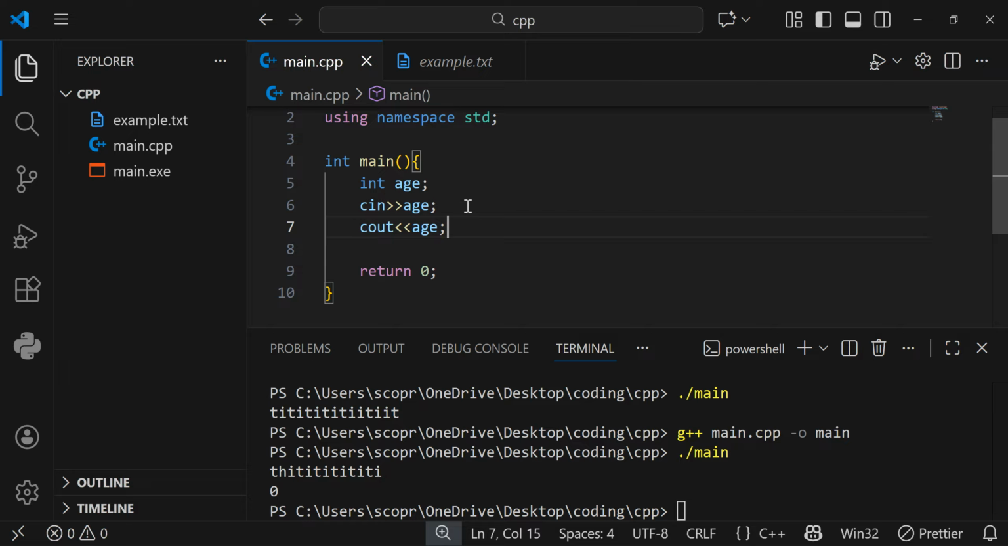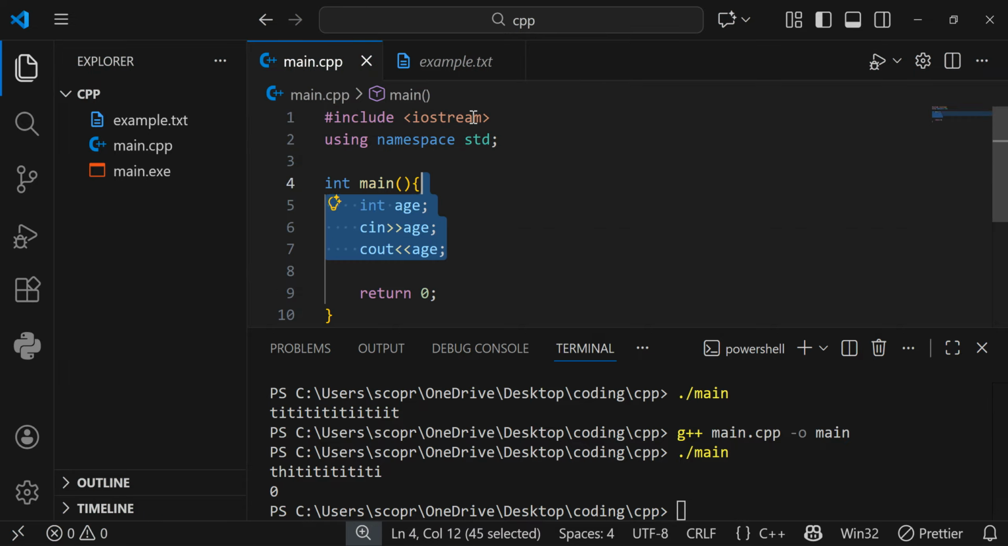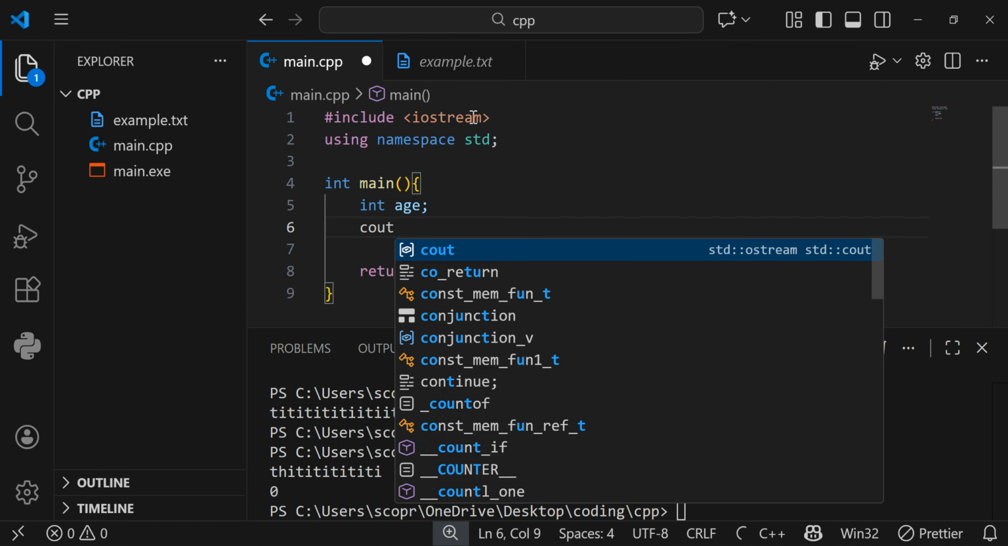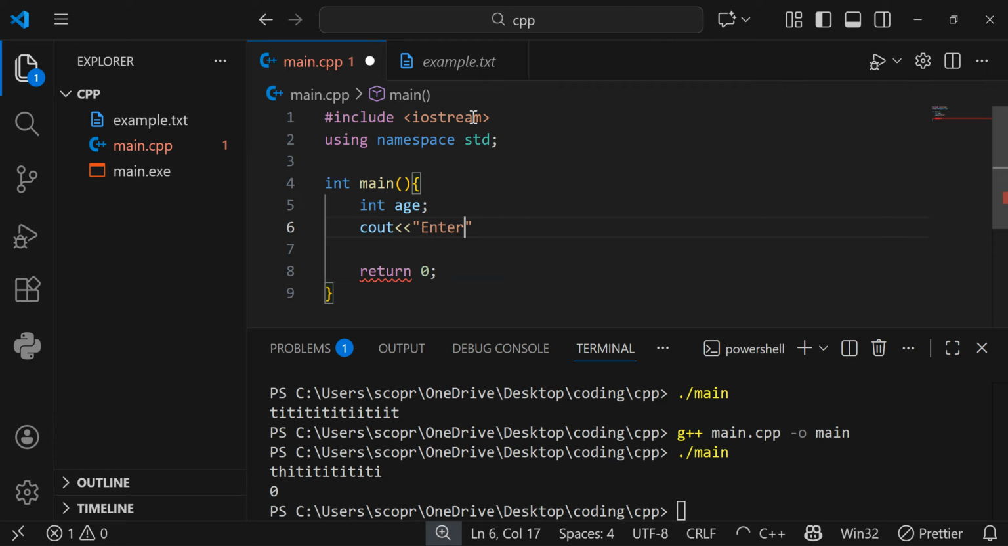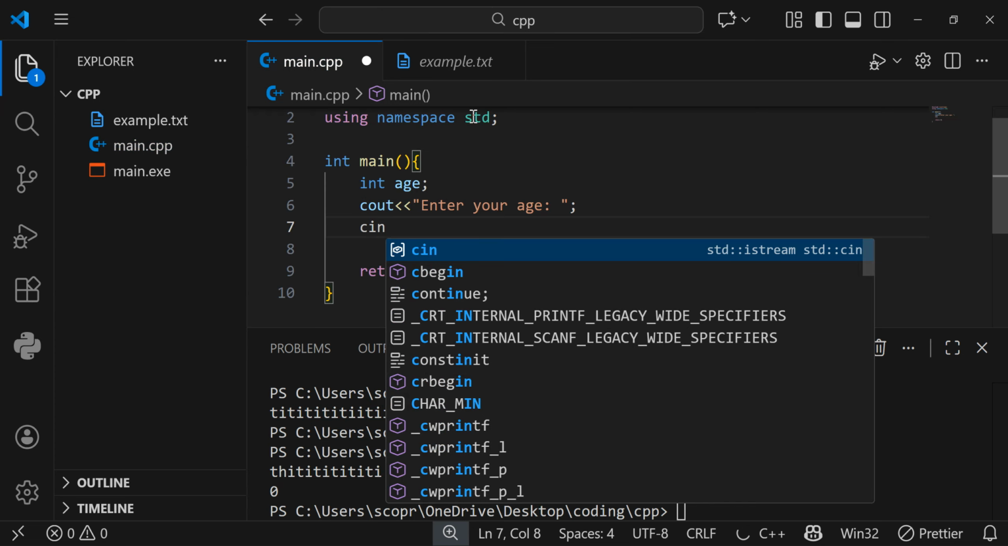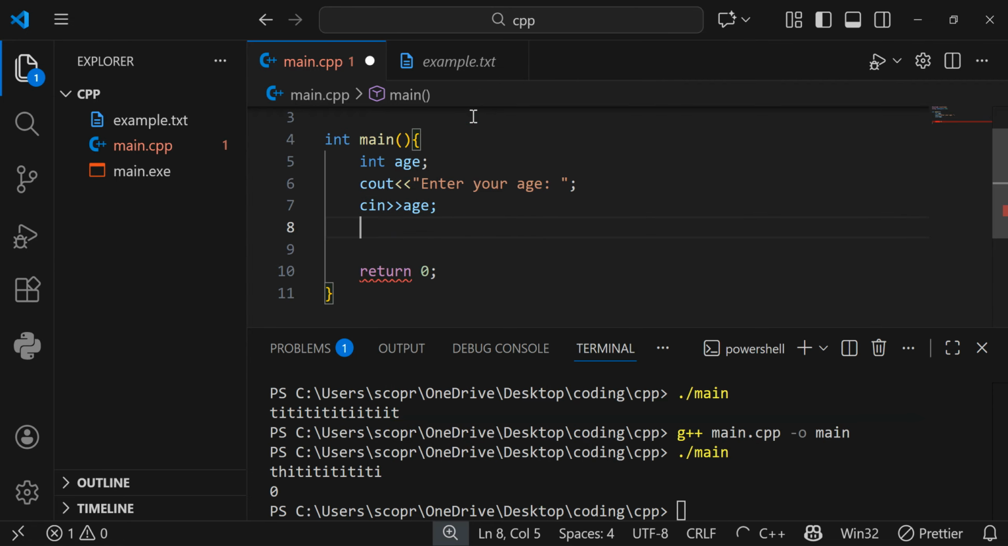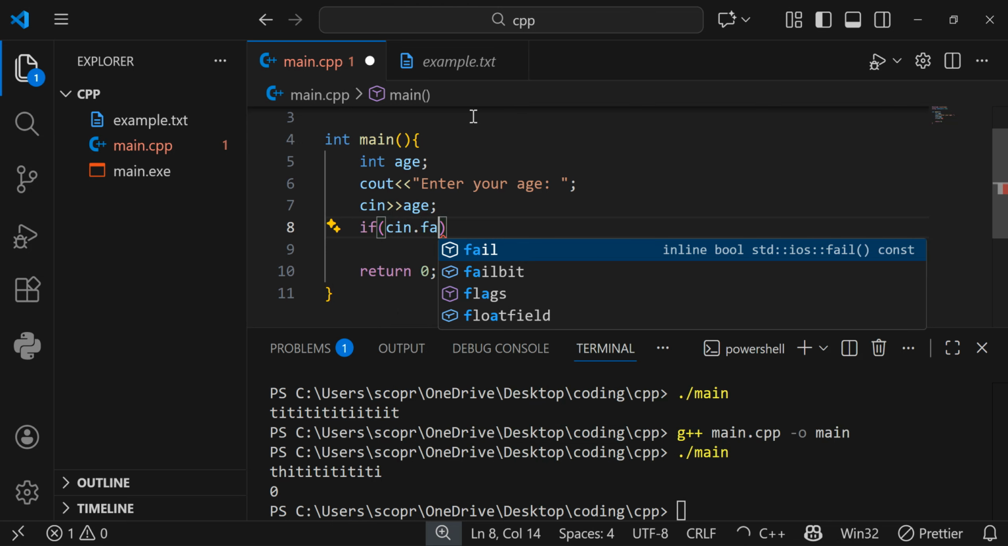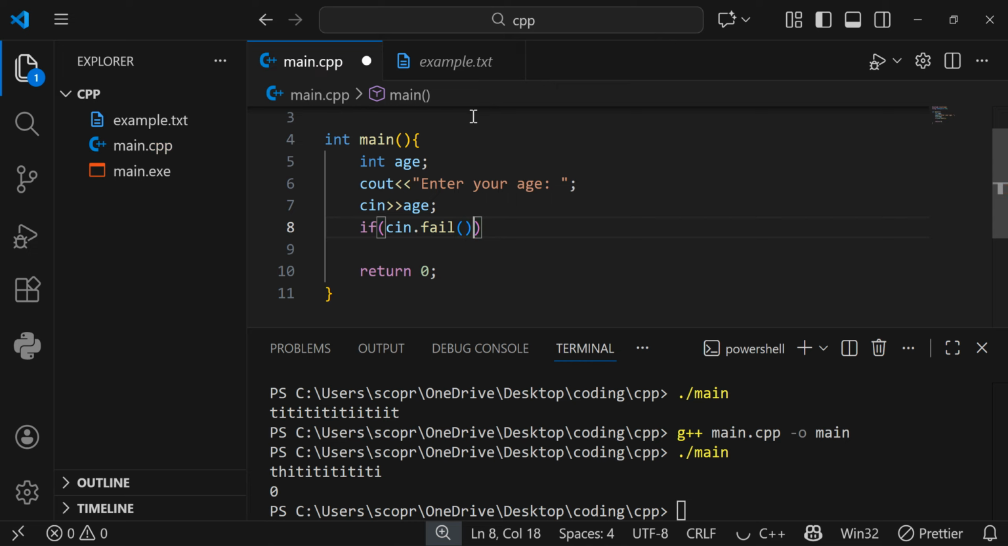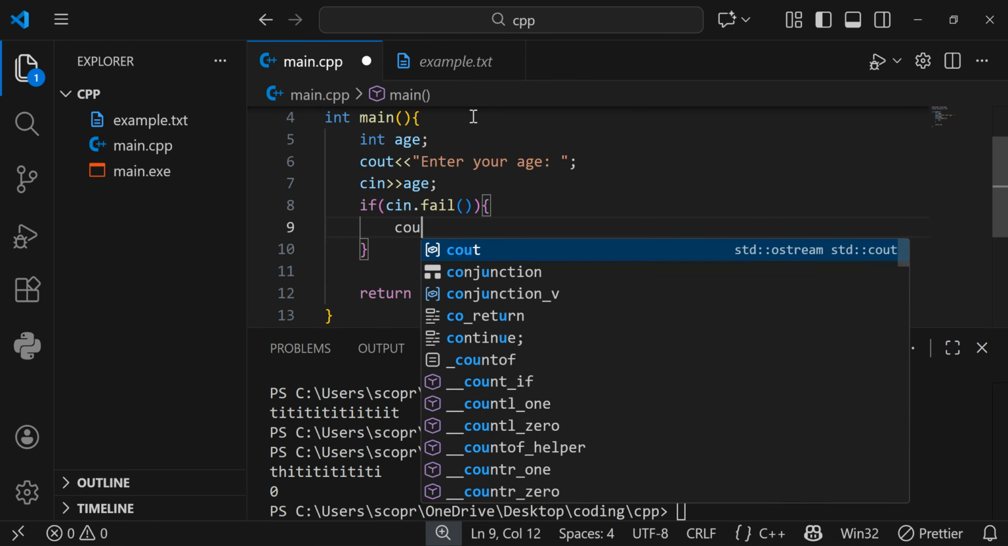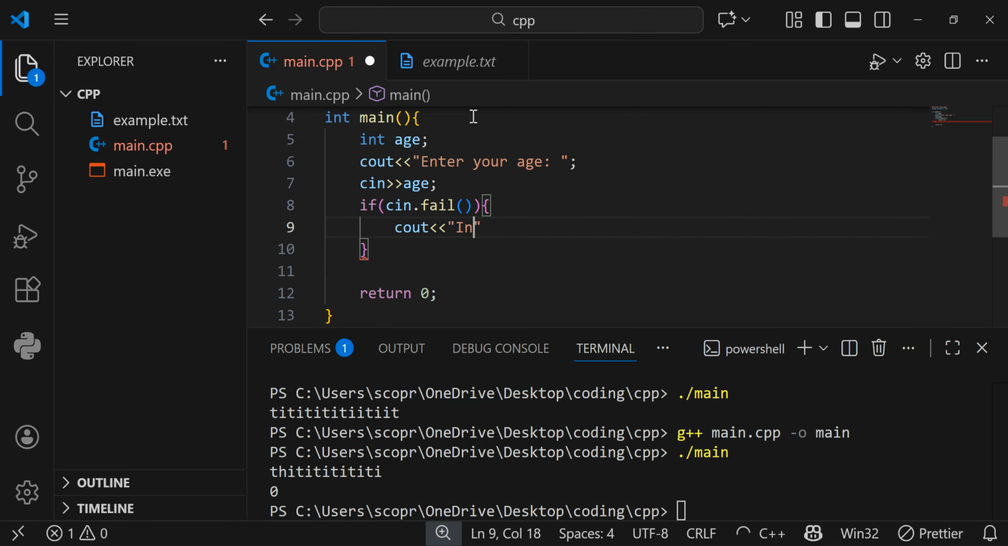Let me show you an example right here. Let me delete these lines and create our first variable, age. Let us ask the user to enter your age, and then we input the age. From there we check if cin.fail. What are we going to do? We are going to output invalid input, semicolon. Then else,